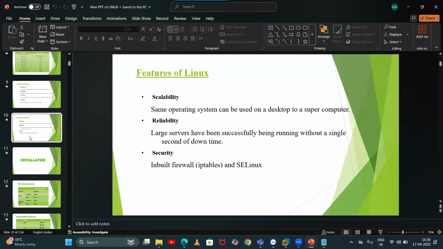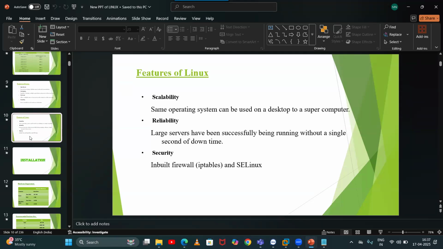Linux is secure. I'm repeating, Linux is secure because in Linux inbuilt IP tables are there, means firewall is there, and SELinux is there. Firewalls, here we call IP tables. So IP tables are used to secure networking files and SELinux is used to secure local files.